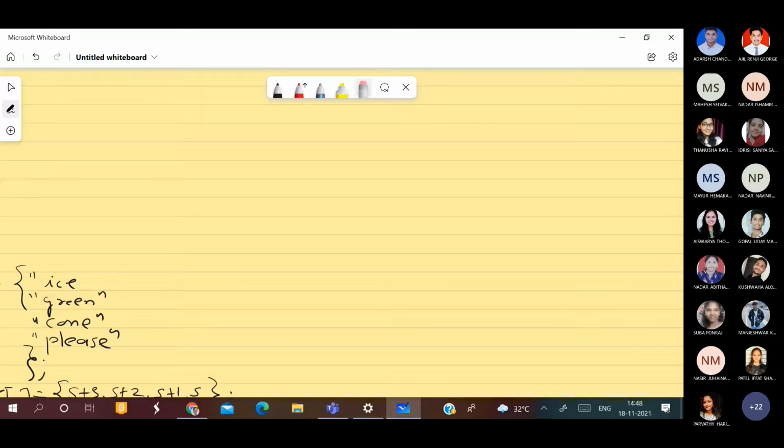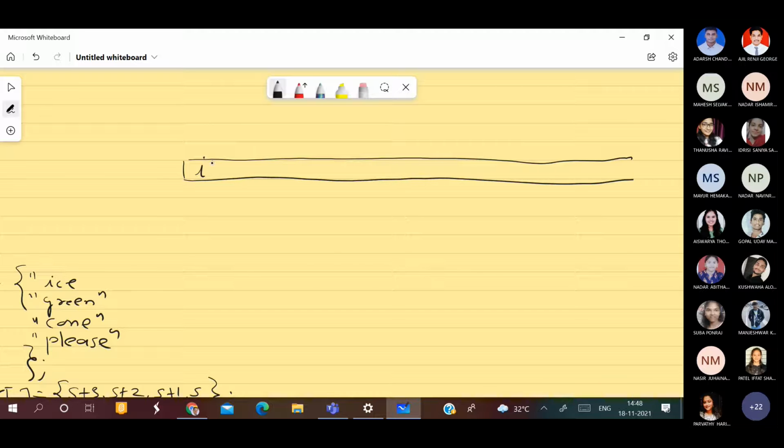Now, let us have this ice. Just look at my diagram, how it goes. Ice, and ice will be terminated by a null character. Then you have green.